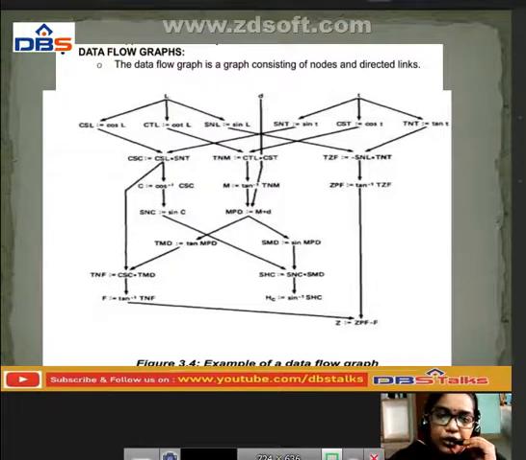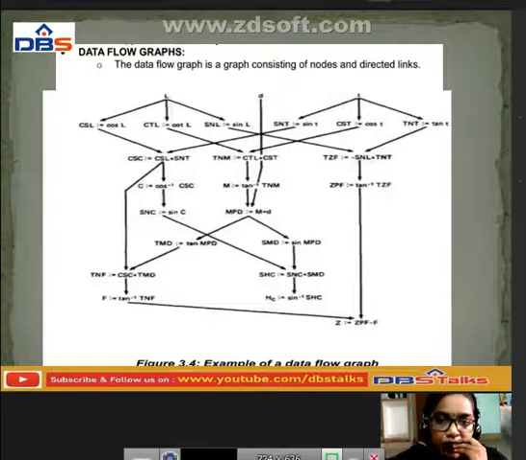In the T, we are going to perform the SNT operation. SNT is sin T, and in this CST we are going to perform the cos T operation, and in TNT we are going to perform the tan T operation. In the CSC we are having the CSL plus SNT operation, and after that we are going to perform this TNM operation.